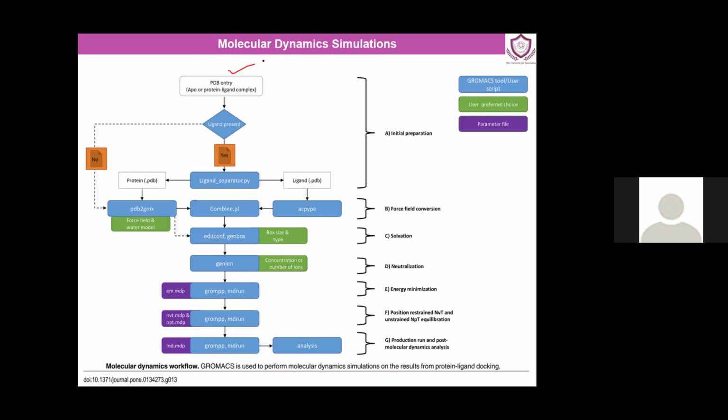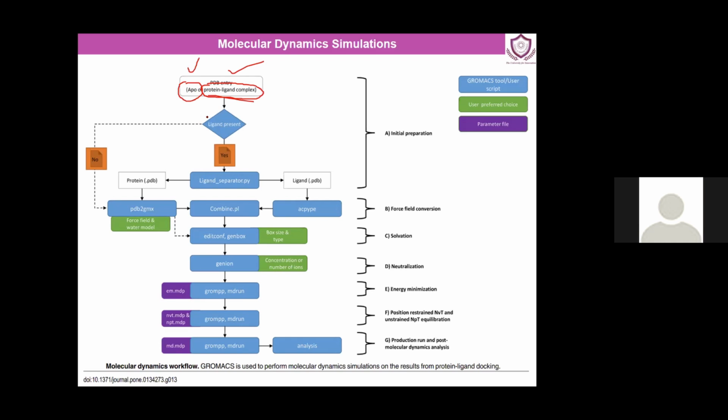First we start with some coordinates, and those are available from the PDB, the Protein Data Bank. NMR and X-ray structures are deposited there. Now we can have two kinds of approach. Either you have an apoprotein, which is a protein without any other component, cofactor or ligand, or you have a protein-ligand complex. If your aim is doing a simulation after docking, then you will have the protein-ligand complex. But you also need a protein as a control, to compare how the ligand interaction stabilizes the protein-ligand complex. In that case, you also need to simulate the apoprotein.